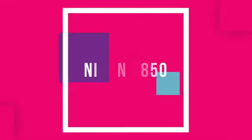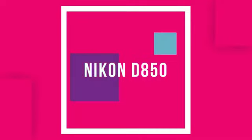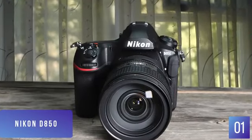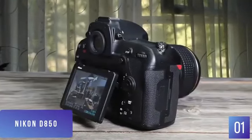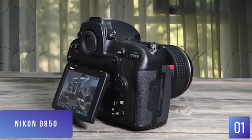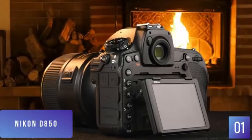Number 1. Nikon D850, best high-end camera. Nikon's high-resolution camera body shook up the industry once again, this time with a strong punch, making the Nikon D850 the most versatile DSLR on the market. Thanks to its 45.7 megapixel sensor with a native ISO sensitivity range of 64 to 25,600, upgraded 153-point autofocus system,